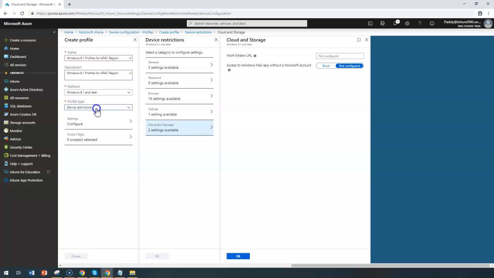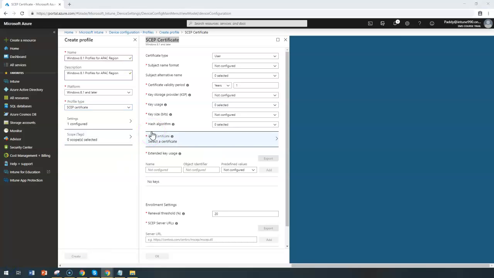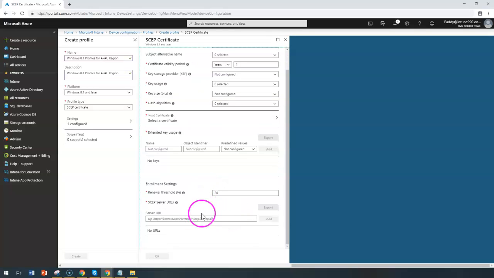And let me jump into the other section, the last one, which would be the SCEP certificate. SCEP is nothing but Simple Certificate Enrollment Protocol, and for this certificate, if you have the information, you can fill in those certificate values, then the certificate will be available and it can be enrolled for those devices once you create it, and you can assign it to the required devices. All that kind of configuration can be done and assigned to the different AD security groups or Azure